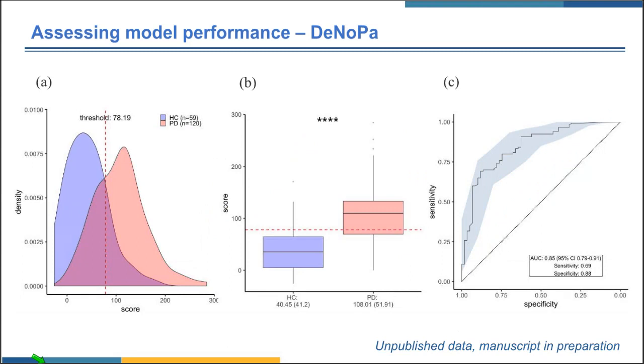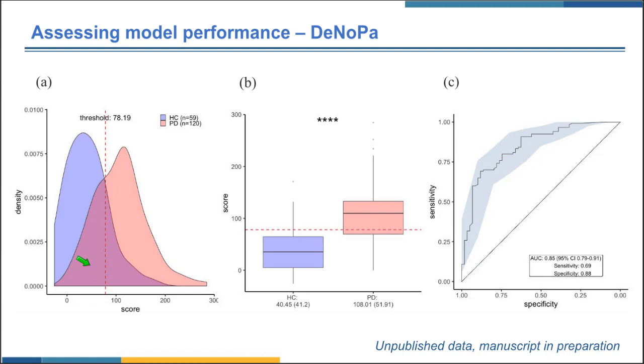And then, okay, for the next slide, I'll just show you the results. So this curve is the ROC curve I just presented. Here the AUC is 0.85, which means this model is doing quite well at distinguishing PD patients and healthy controls. And also you can see here the first plot on the right is the score density, where the bluish color is for healthy controls, the pink is for PD patients, and the purplish is the overlap between healthy controls and PD patients.